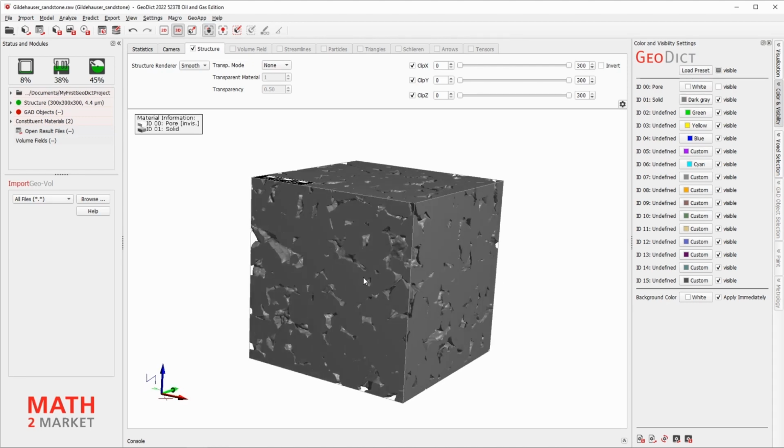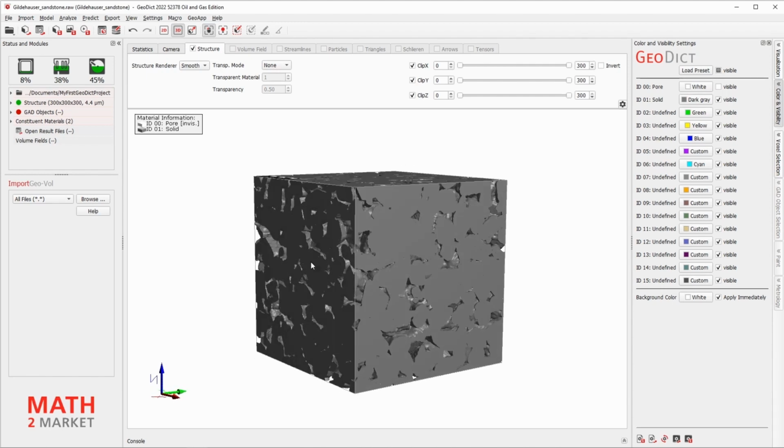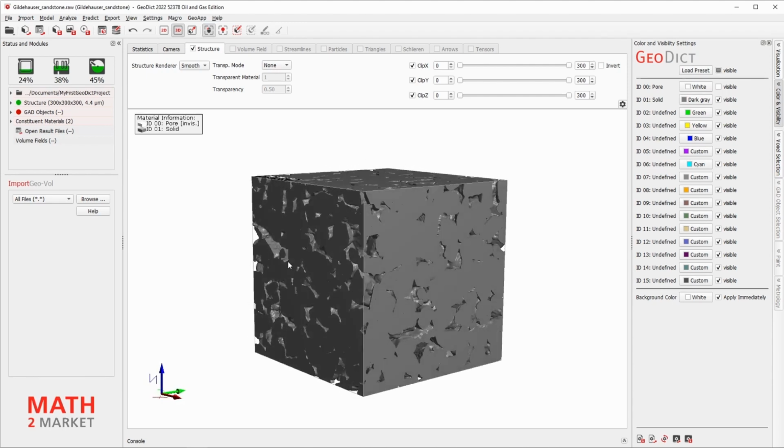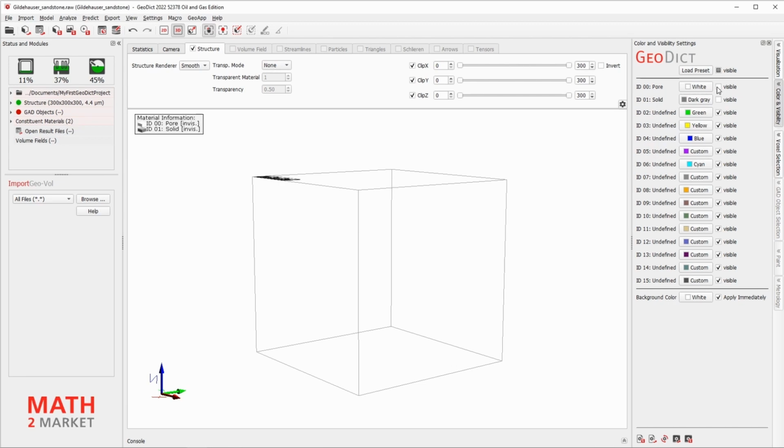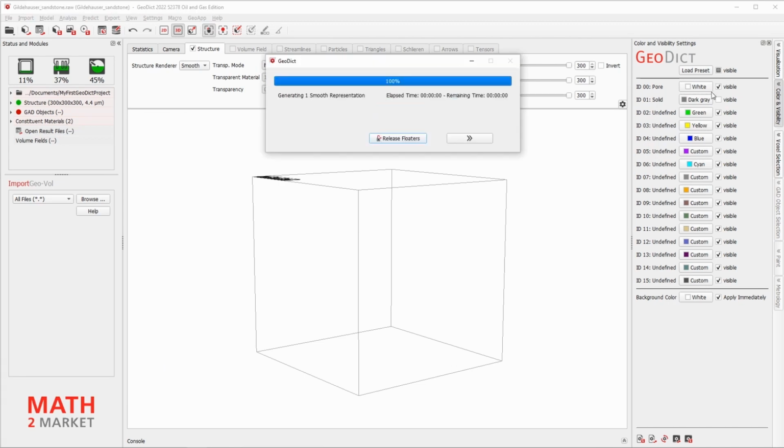Now the 3D representation looks much better. You can also visualize the pores alone by unchecking the visibility checkbox of the quartz and checking the visibility of the pores.